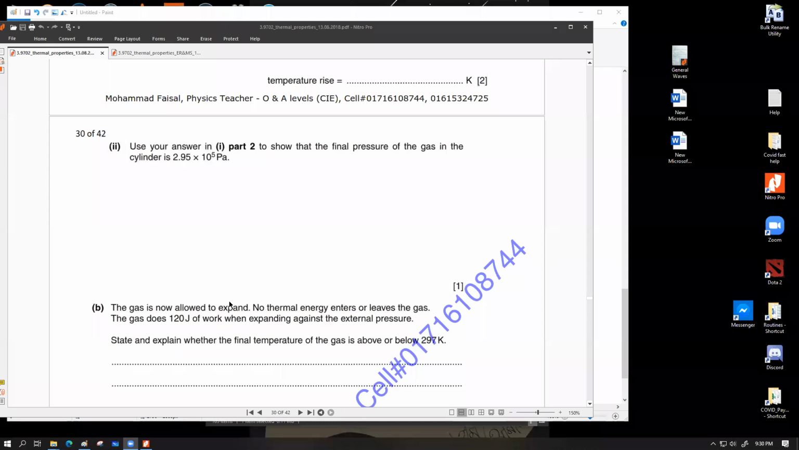I would say yes, because the question says that the gas is now allowed. So they have used the word now, which means this would imply that now we are talking about the heat going out exclusively. জি sir. বুঝে গেছে? জি।